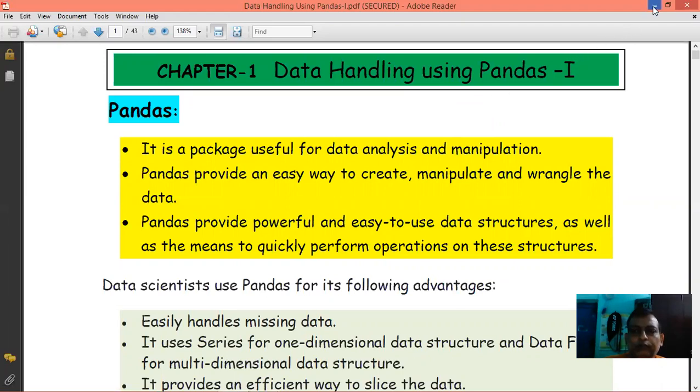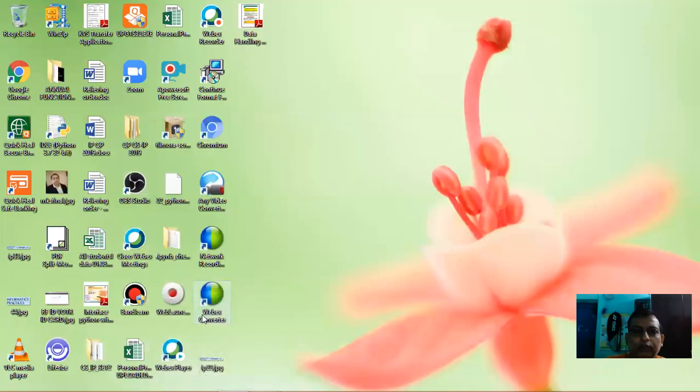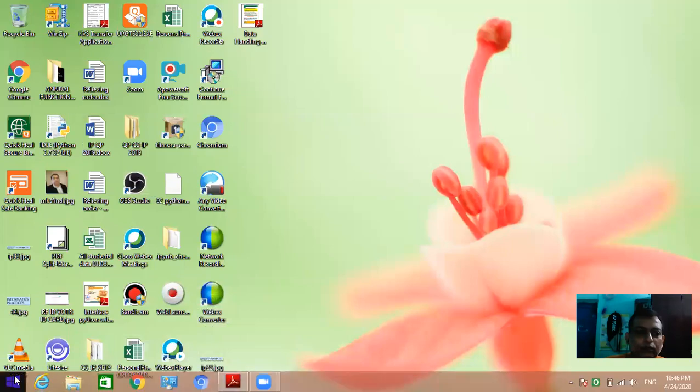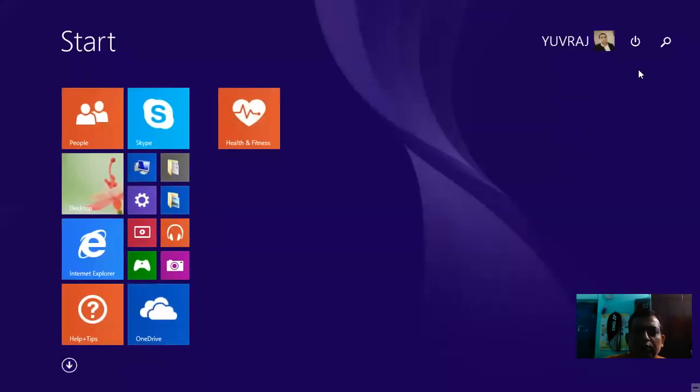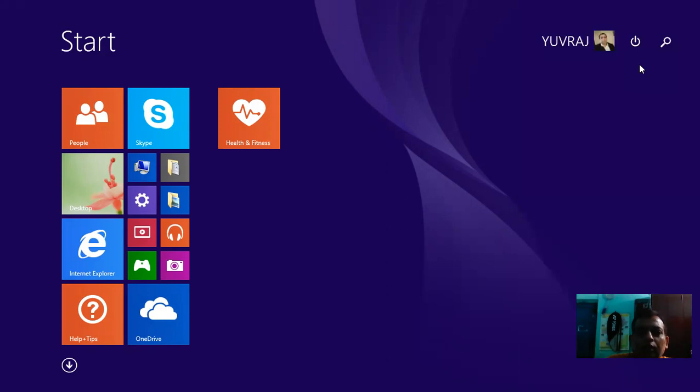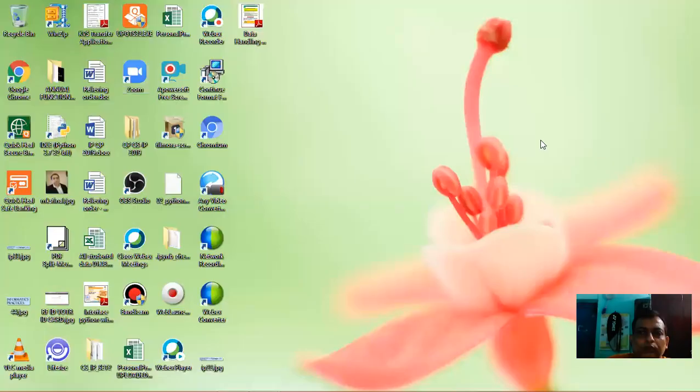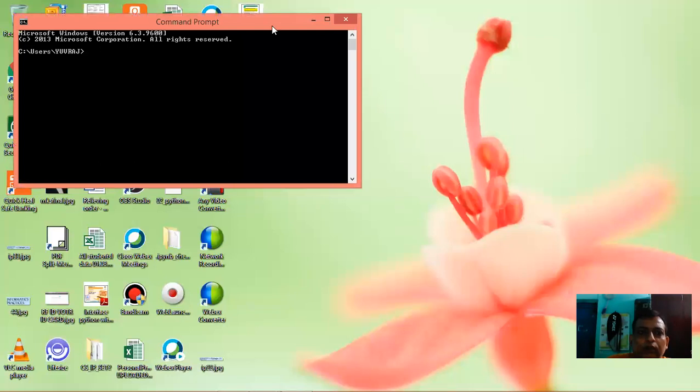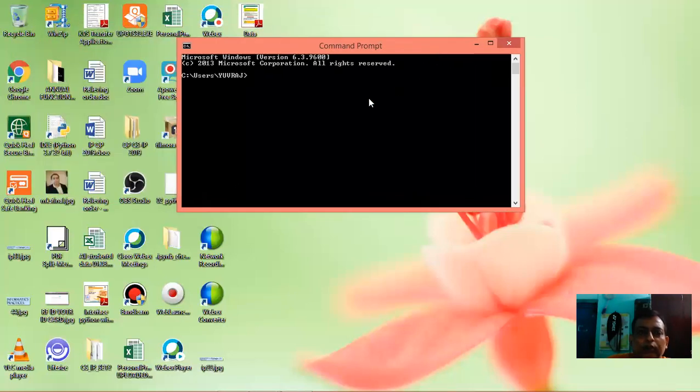First of all, you have to start the command line window, that is the DOS prompt. You can write here CMD, enter. The window will come in front of you.